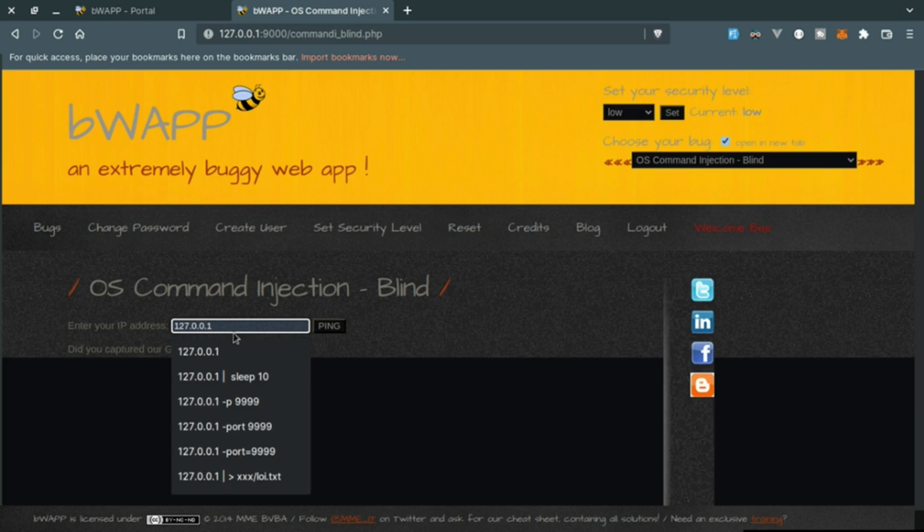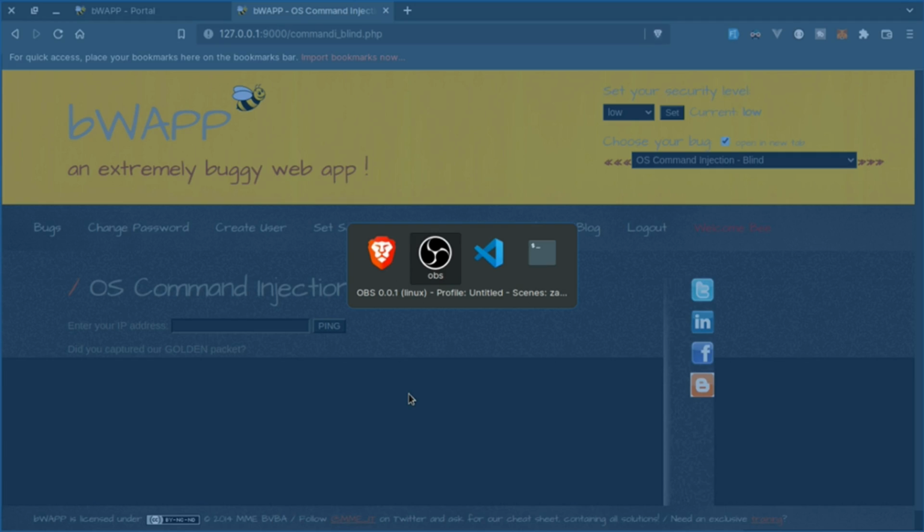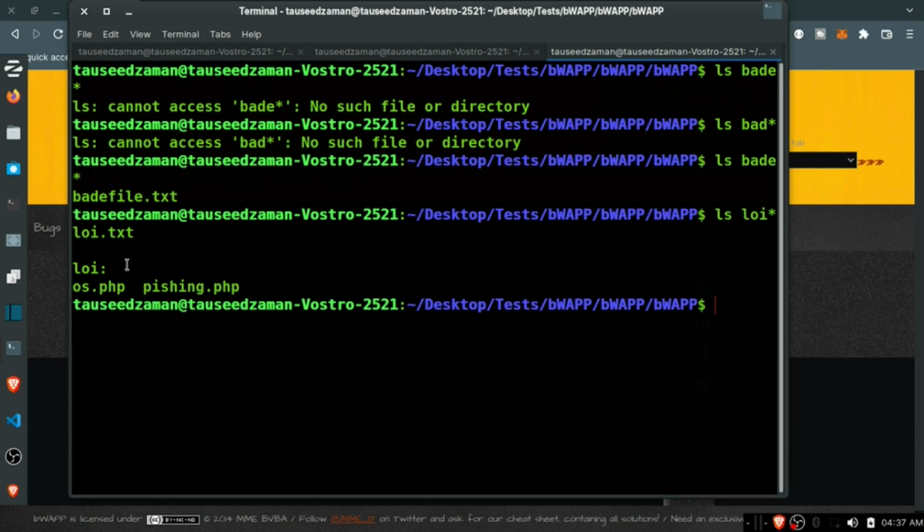So let's try the other one that I tried here. As you can see, I tried different commands. So let's try this one, but instead of xxx dash file.txt, let's try the touch one which we tried before. We'll see if this works fine or not. So touch, and let's say log.txt, and I think we got our result. Let's go back to the terminal, and if I ls log store, as you can see we have our file log.txt file.